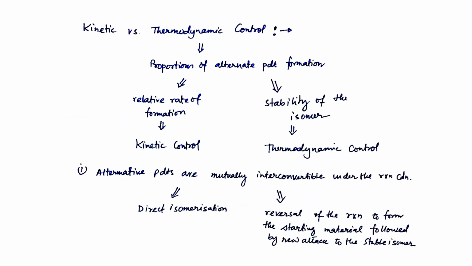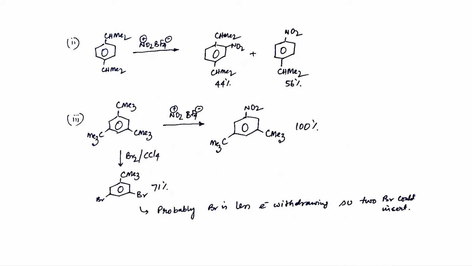So the last point that we will mention for today is the kinetic. Sir, in the previous question, if we take 2 moles of NO2BF4, then how many nitrating groups will it replace? In this case, mostly you get the mononitro as the 100% product. That is because, as I said, NO2 is highly electron withdrawing in nature, which deactivates the system so that further displacement generally does not happen.